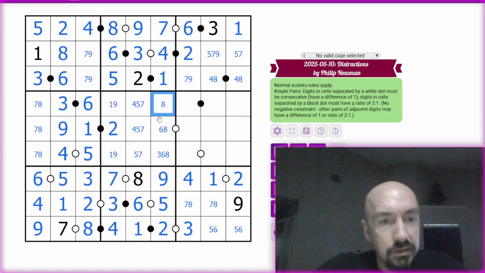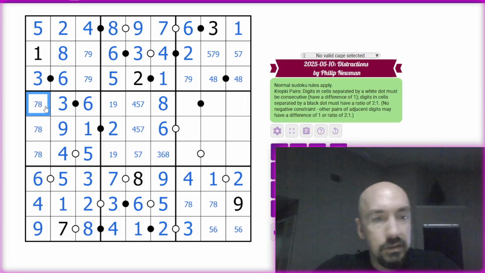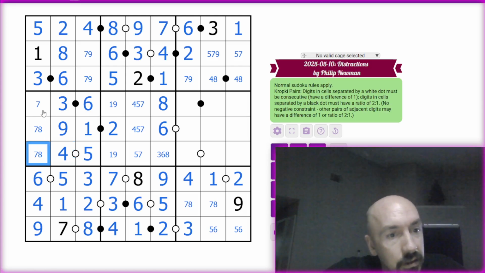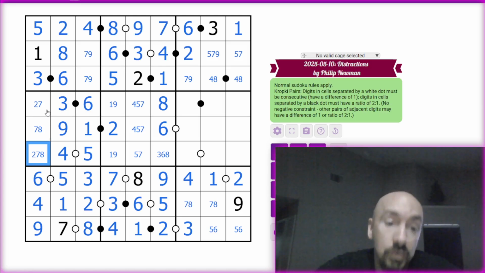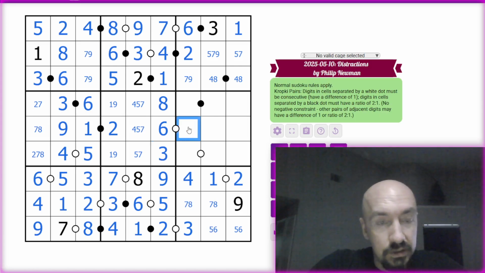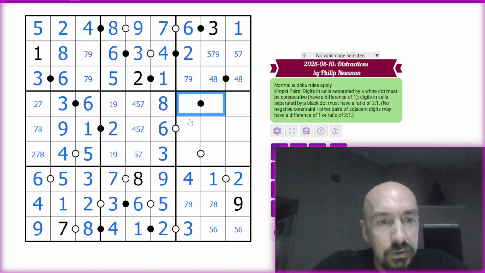This 3, 6. So that's an 8, which places this as a 6. This will be a, oh wait, actually no. I haven't finished solving that. Those are 2s. That was almost very dangerous. That's 1, 9. So this is now a 3. So here is a 5 or a 7. I'll hold off on that for the time being. So this is going to be a 1, 2, or a 4. But with 2 and 4 here,